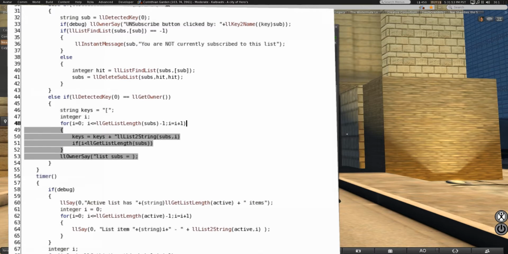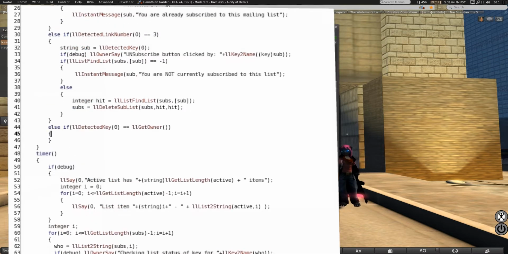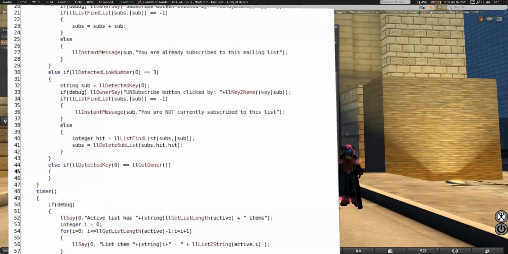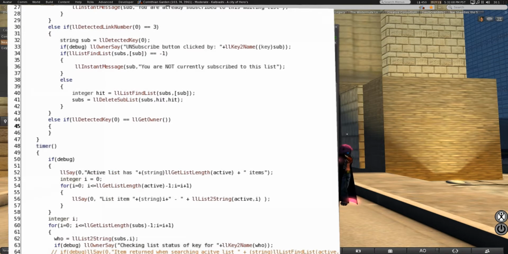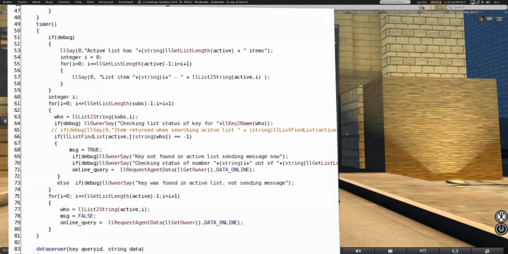We're going to back this up. In this case, if you're clicking on any spot other than those two buttons, and you are the owner, it's going to give you the list of individuals that are subscribed but are not listed on your actual hard-coded list yet. How we're going to do that is